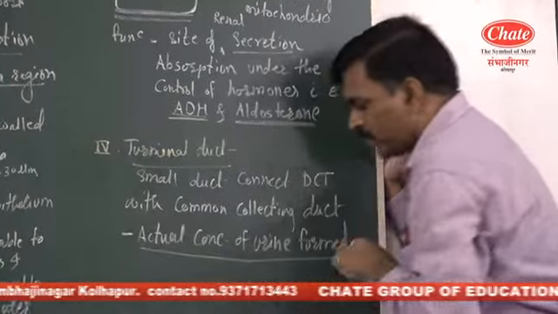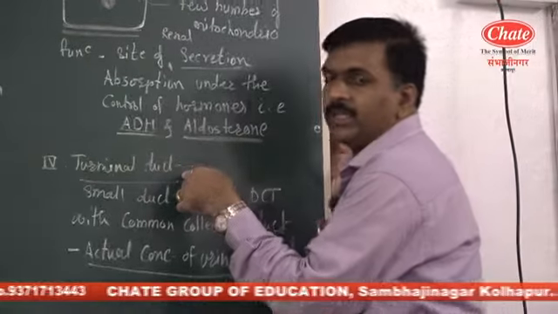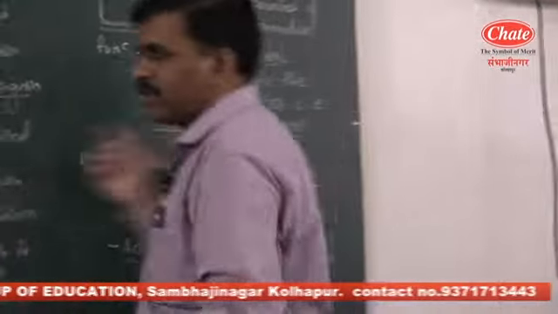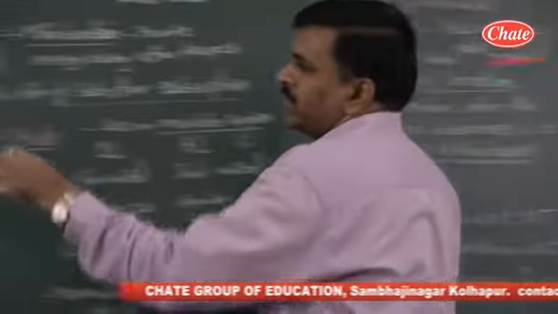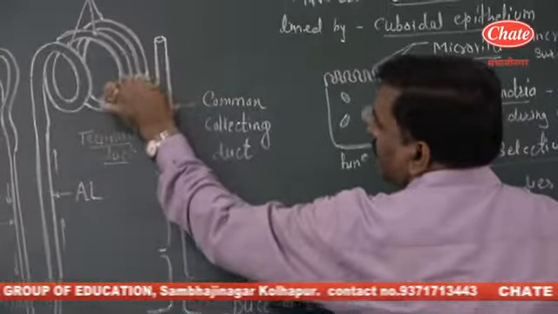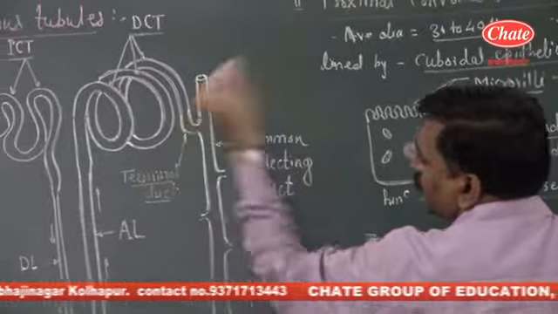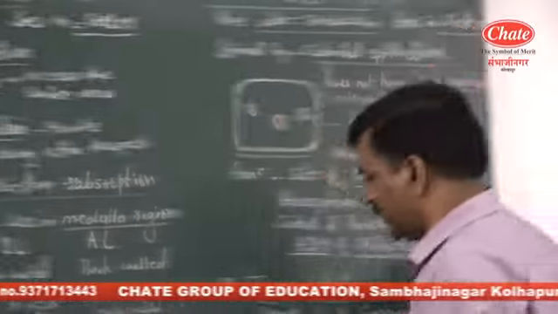Actual concentration of urine will be observed in the terminal duct, but the concentration of urine is decided by the loop of Henle. So it is the terminal duct which connects the distal convoluted tubules with the common collecting duct,